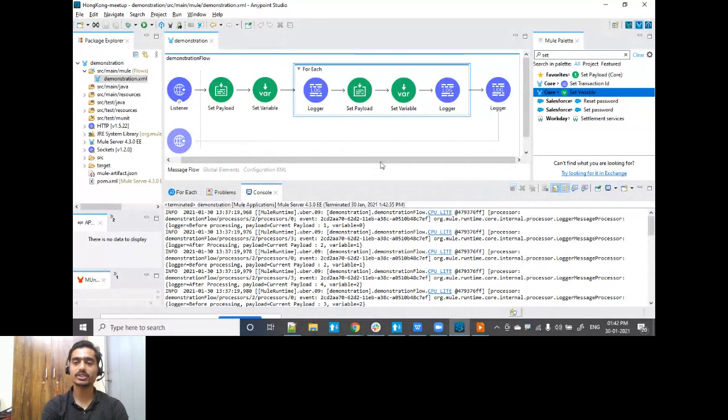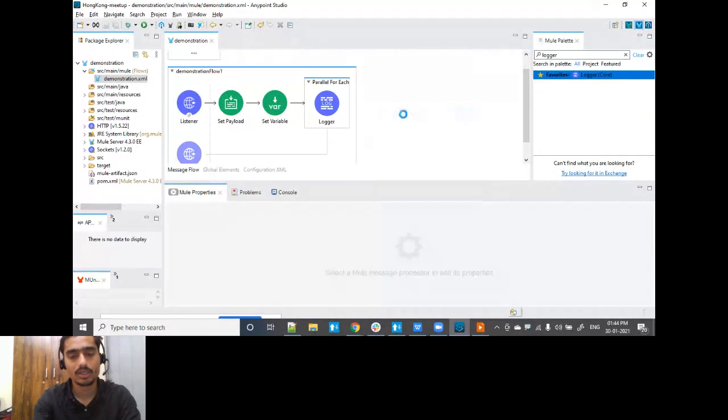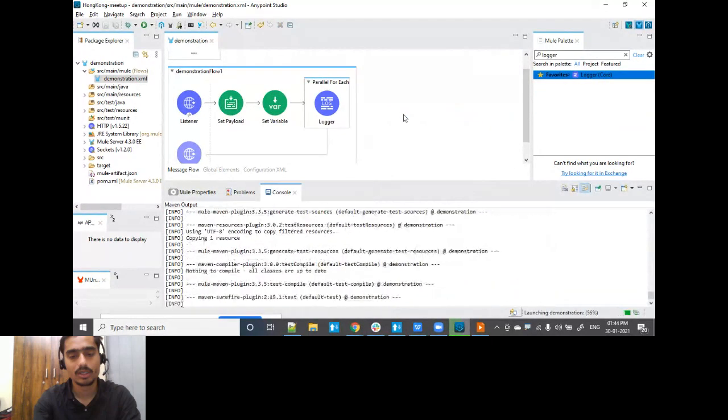Let's see if I don't do any configuration, what is the behavior of the parallel for each. If I drag and drop a simple logger and using DataWeave, if I pull out payload, let's see what is the default behavior. I'll run this demonstration.